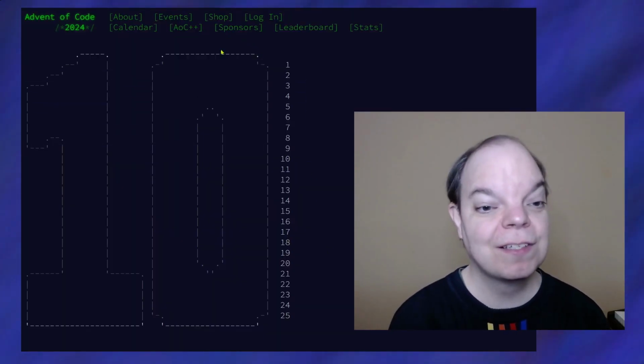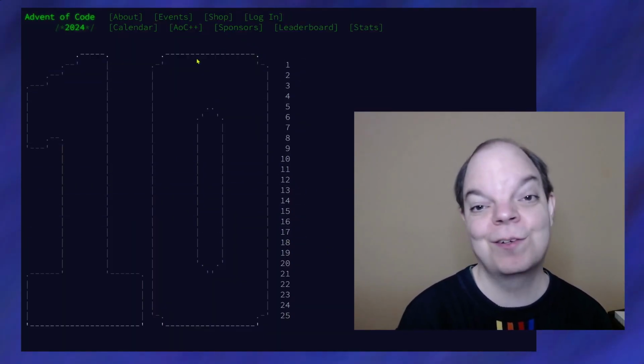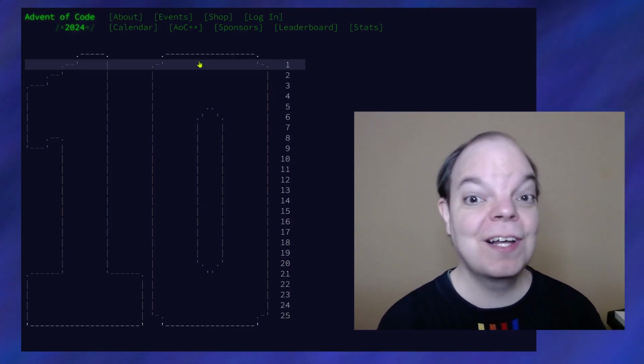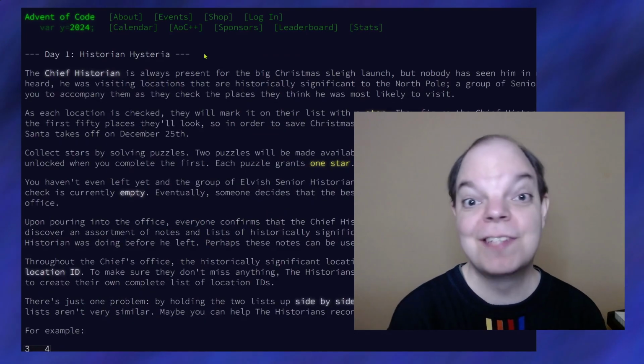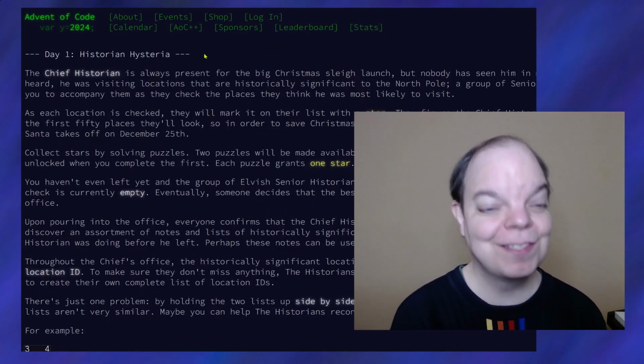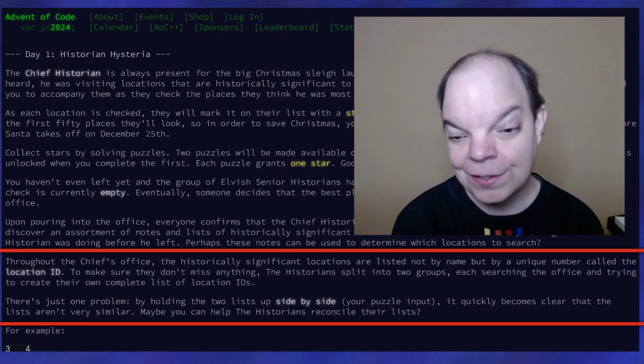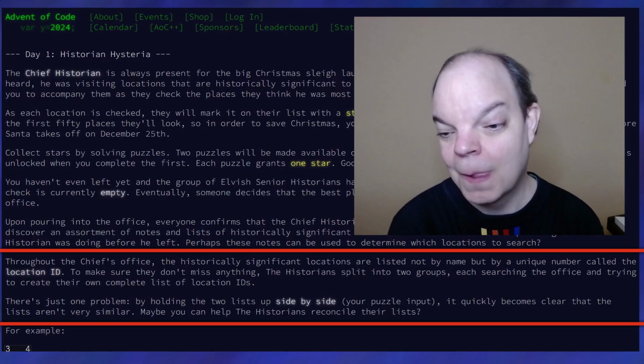Now let's step right in. It seems that I can select any day, because obviously the challenge is over. I'm just looking at the archive. But we're gonna start at the top, Day 1. Day 1, Historian Hysteria. Throughout the chief's office, the historically significant locations are listed not by name, but by a